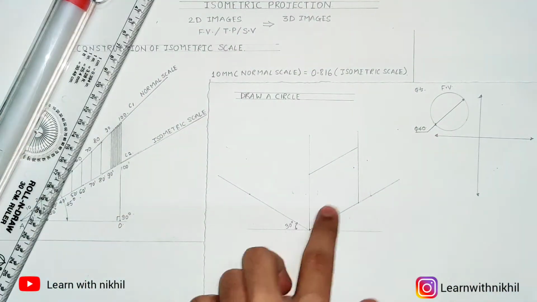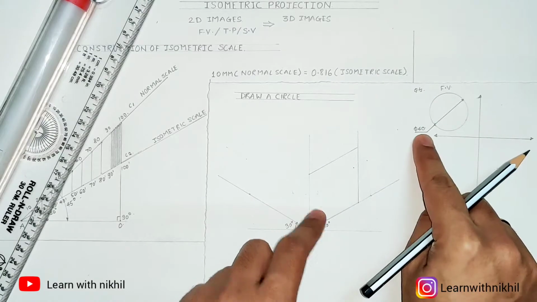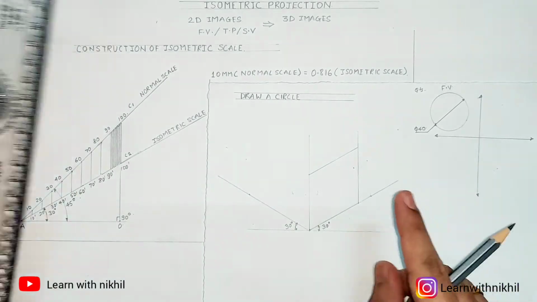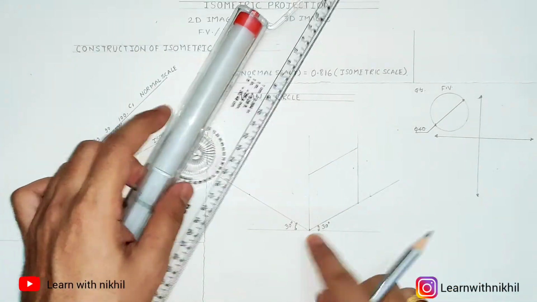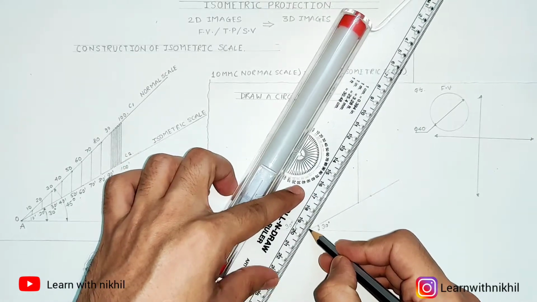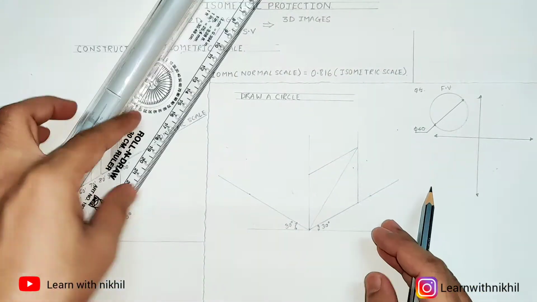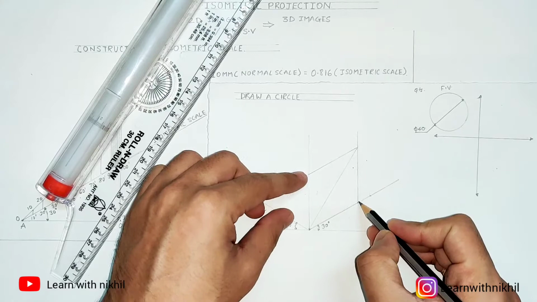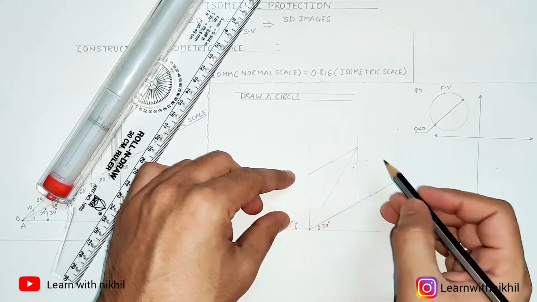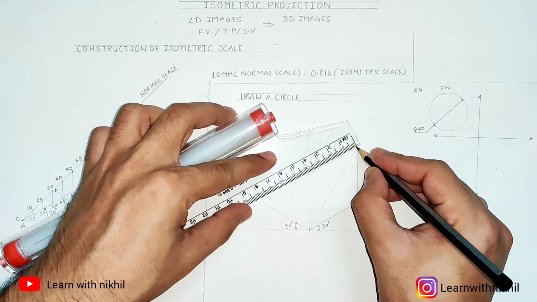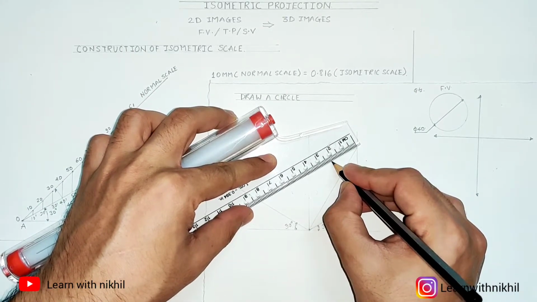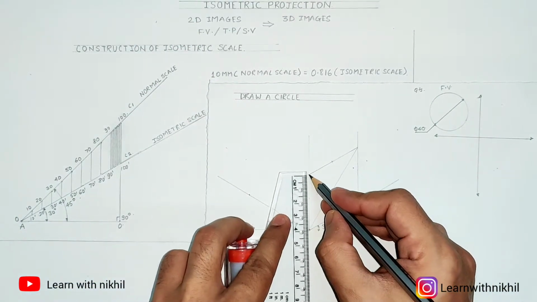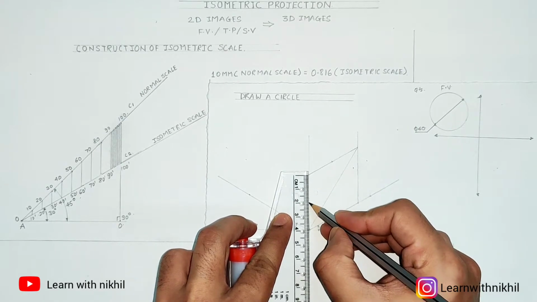Now after drawing the square of side 40, next step, that is step number 2, join the longest diagonal. As you know, a square has two diagonals. Here we have this one as the longest diagonal and the other one is the shortest. Now step number 3, you have to find the midpoint of each line and join from the opposite diagonal. So finding the center or the midpoint of this line and mark it. Then finding the midpoint of this line, mark it.